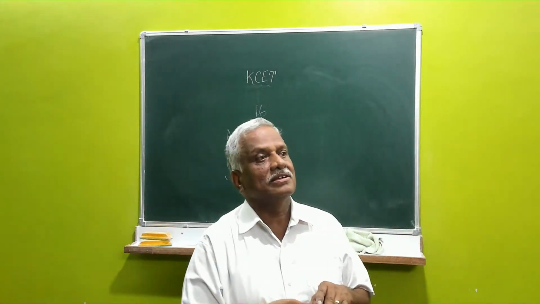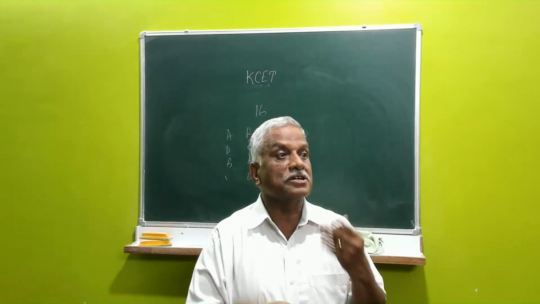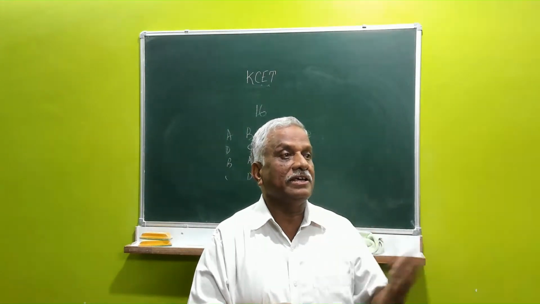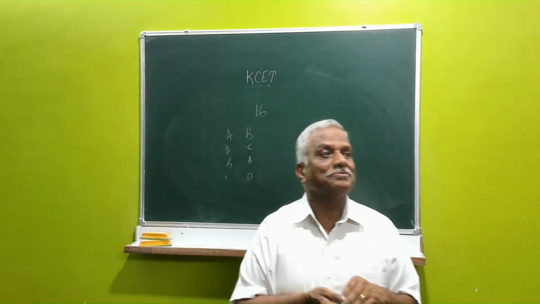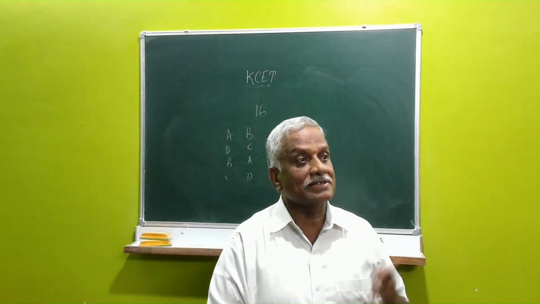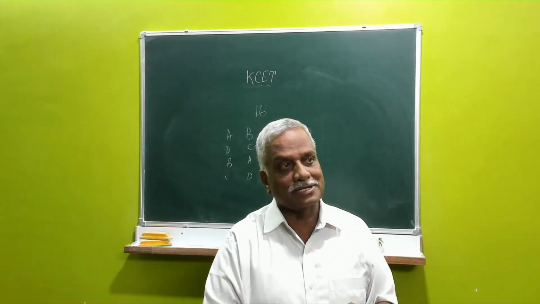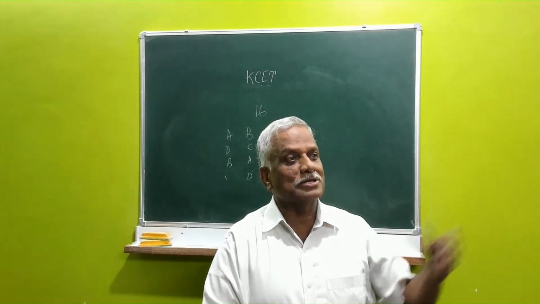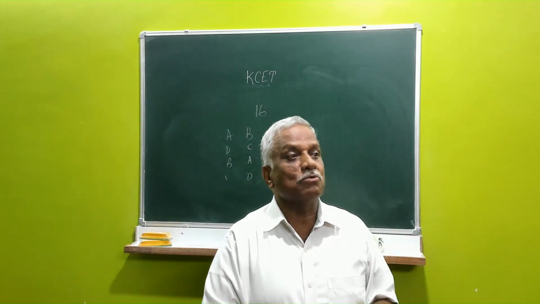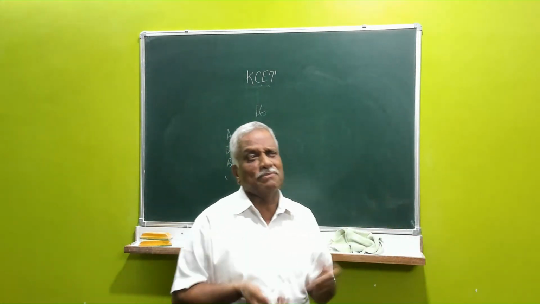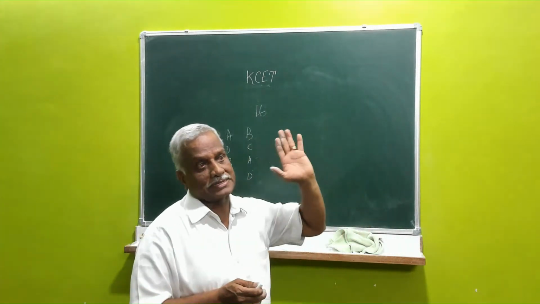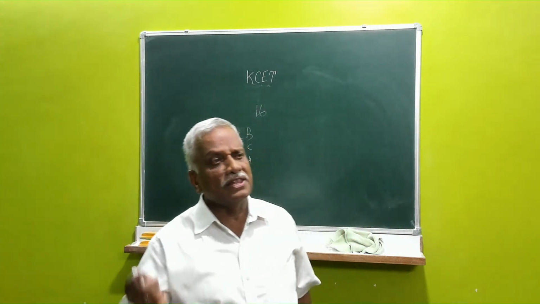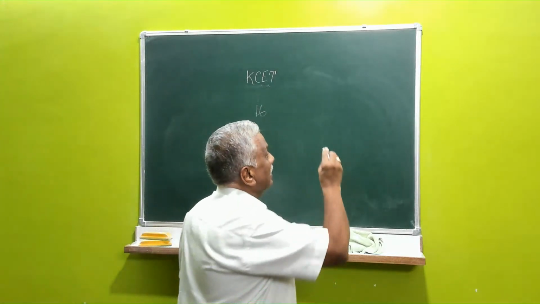Just imagine 100 students get all 60 questions correct in physics, chemistry. Where to place them? Even if 2 students get the same rank, there are so many procedures I followed. The student whose age is more than the other student is given preference. There are many things I don't want to discuss about it. So there are 16 papers. On the whole, this is my way of looking at things.